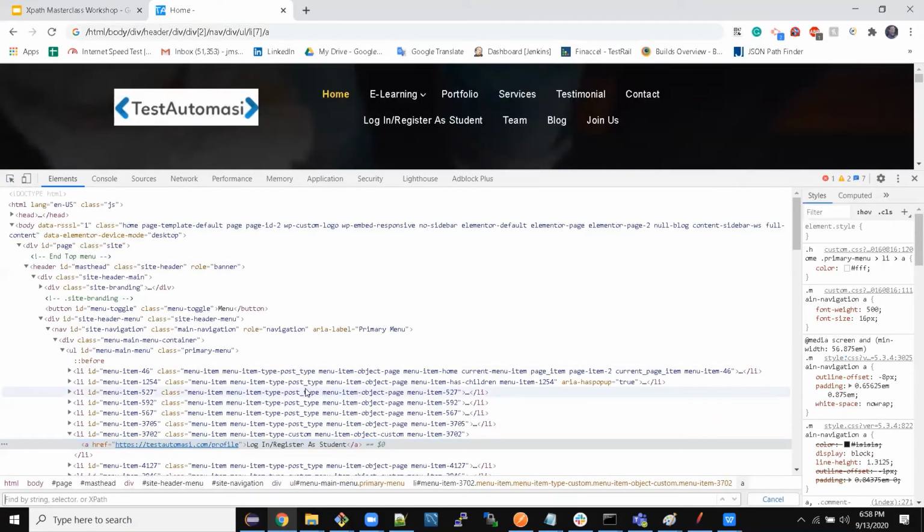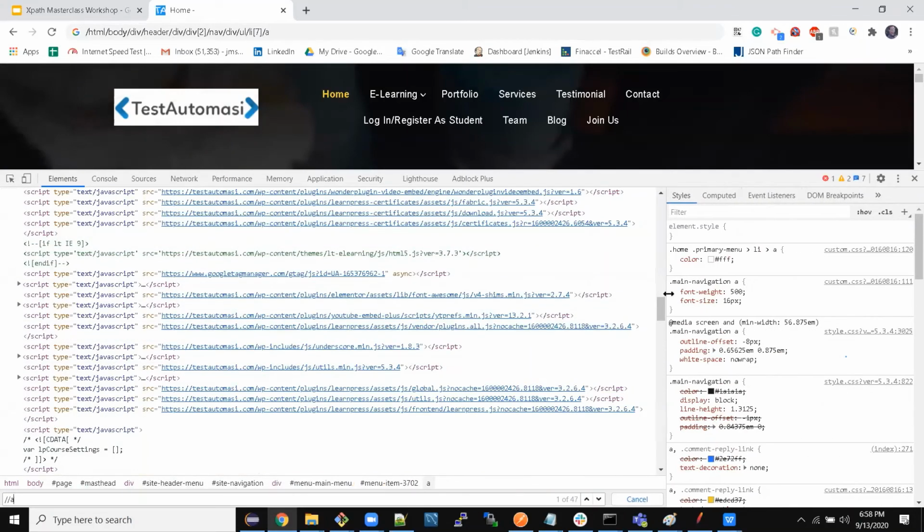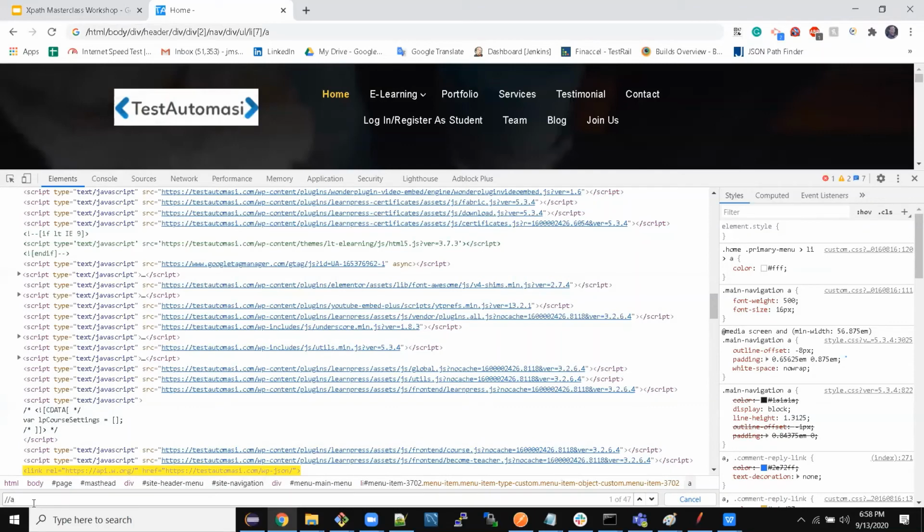I can type Control F and start writing XPath. This is an anchor tag, so first of all, I need to find all the anchor tags in this page. Now, the problem with the Chrome tool, which Sanjay solves in his tools, ChroPath as well as Selector Hub, is that as soon as I do this, the previous view is already lost.